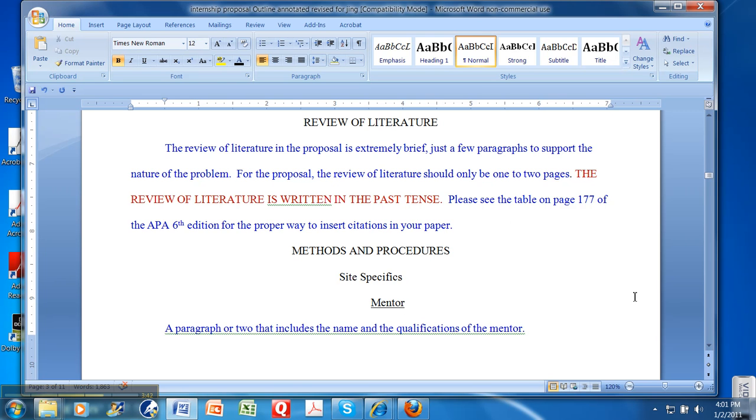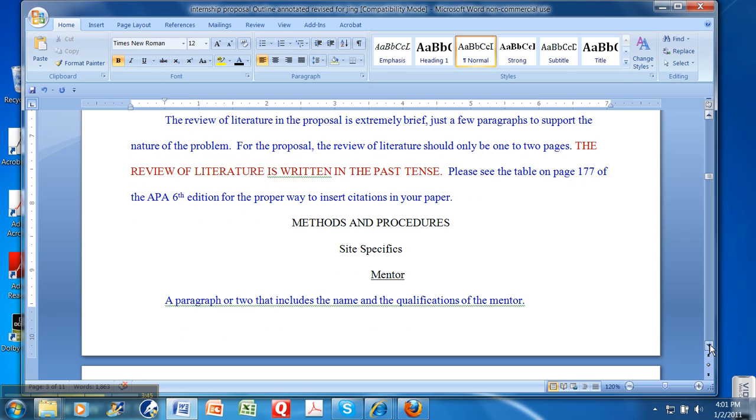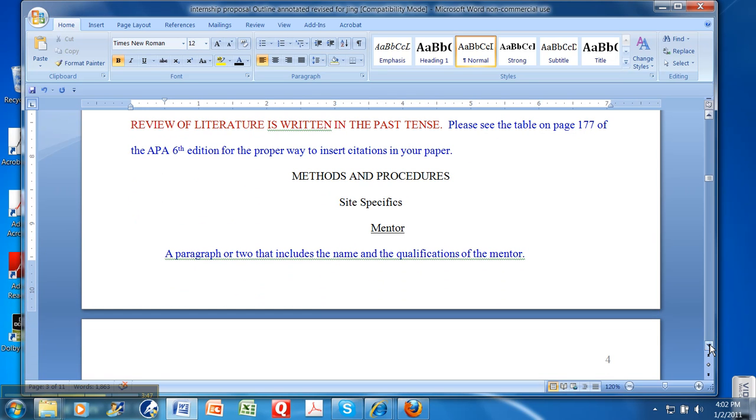Please see the table on page 177 of the 6th edition of the publication manual for the APA style for the proper way to insert your citations. One rule of thumb with citations is that you should have at a minimum 1 citation per paragraph. Obviously, you're going to have multiple ideas in a paragraph, so you'll want to cite where you got your information from, and that's okay. But I just wanted to point out that in the review of literature, it's what the literature says, and so that's why you need to have the sources of where the